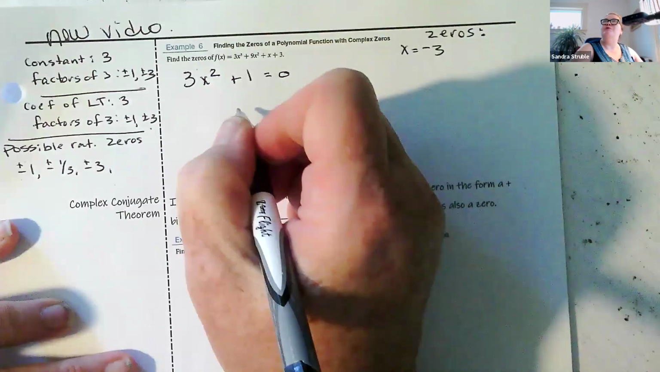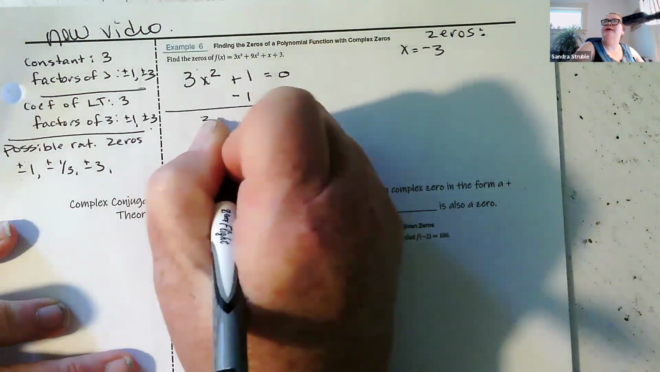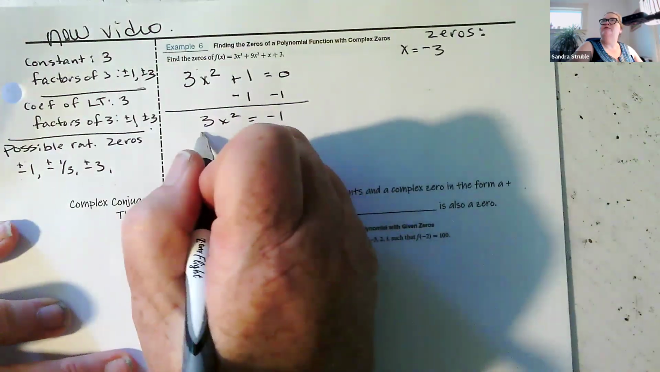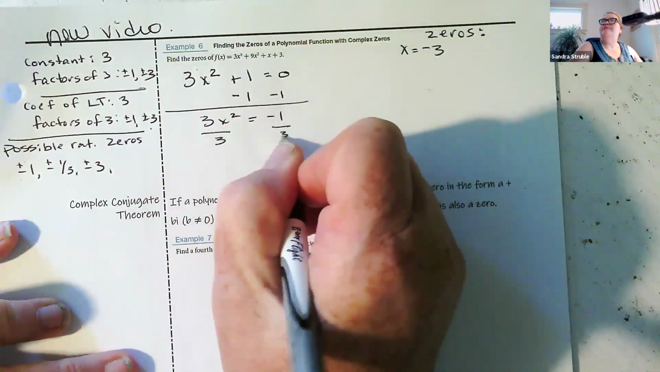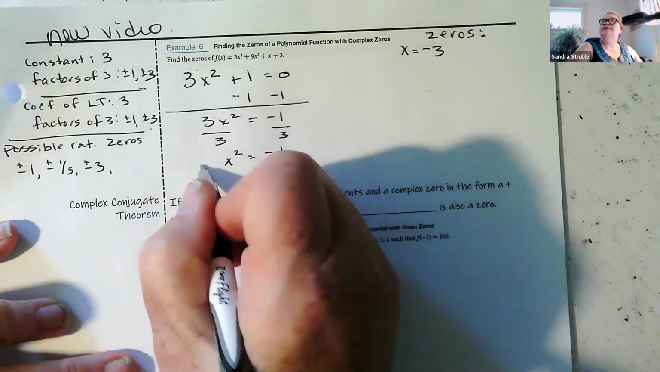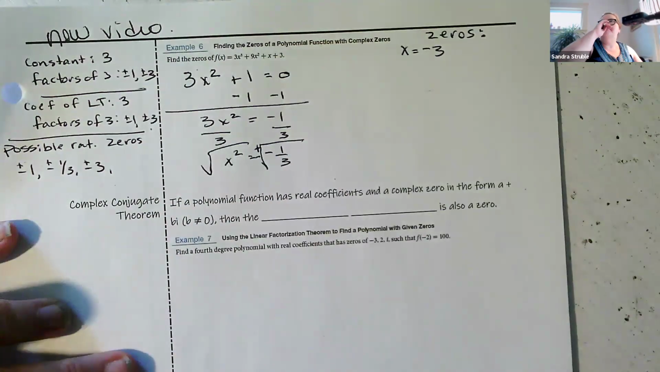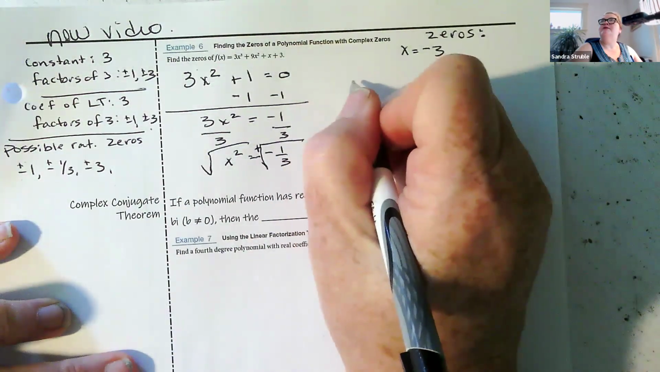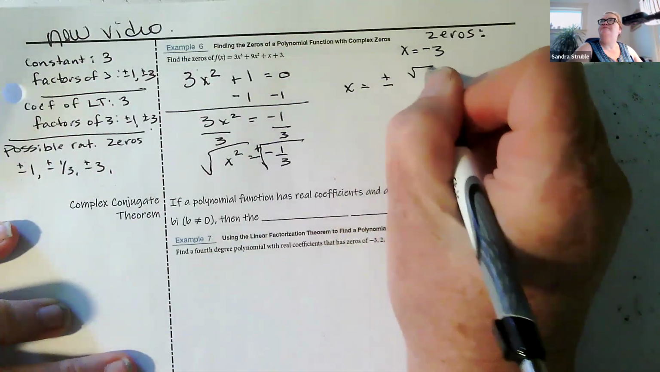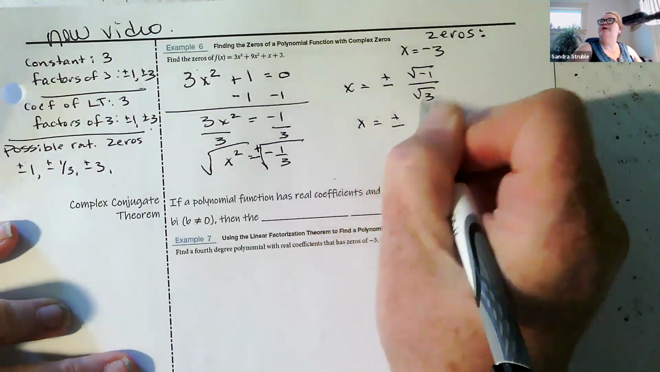I'm going to do this by the square root property. So subtracting 1 from both sides. 3x squared is equal to -1. It wouldn't have factored nicely otherwise. Divide both sides by 3. And x squared equals -1/3. Take the square root of both sides, plus or minus on the right. So we have plus or minus the square root of -1 over the square root of 3,